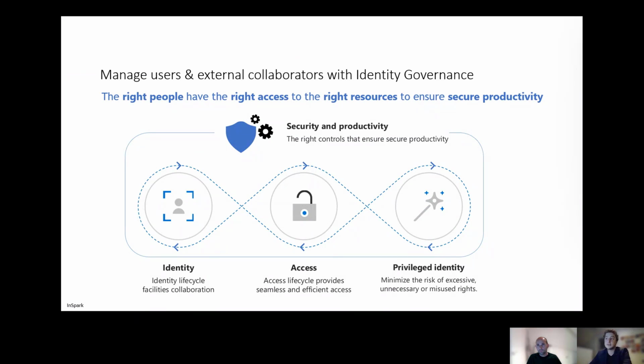So this is the first slide. And basically this is already explaining what identity governance offers you and what solutions it will bring you. So it's all about identity lifecycle, as you just mentioned, joiner, mover, leaver process for your own employees, but as well as the guests which you have in your tenant. Thinking about access lifecycle. So when switching roles, do you still need that access?